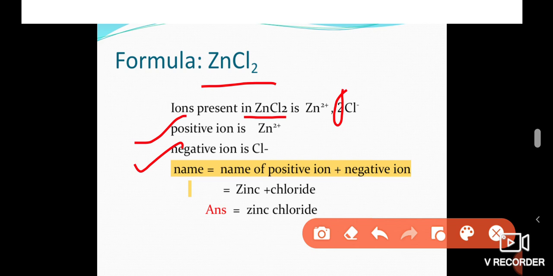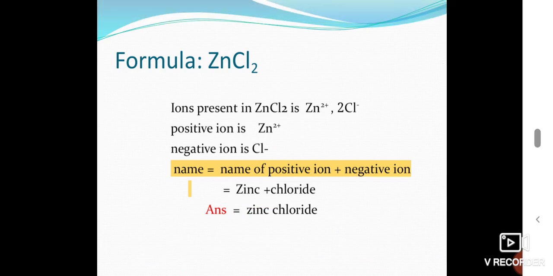First, we write the name of the positive ion. Zinc is the name of the positive ion. And what is the name for Cl-? Chloride. Now we merge it. Zinc plus chloride. So we get zinc chloride. So that is the name for ZnCl2. ZnCl2 means what? Zinc chloride. Okay. And next,